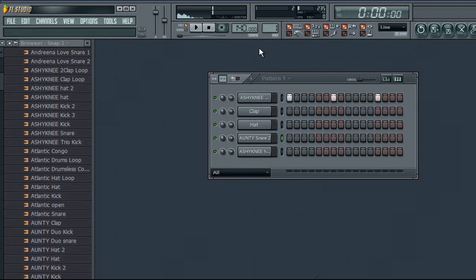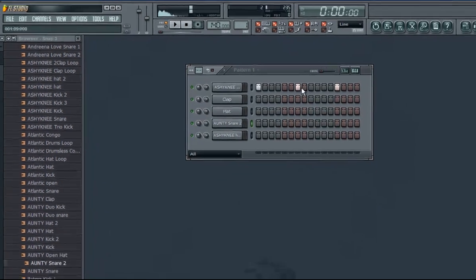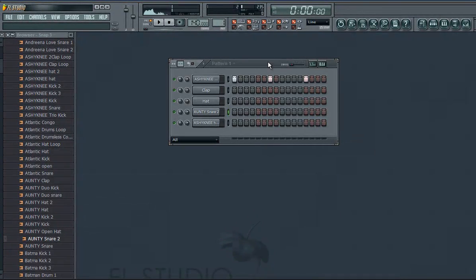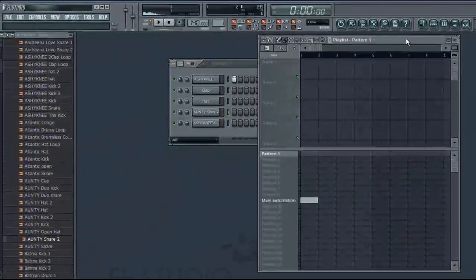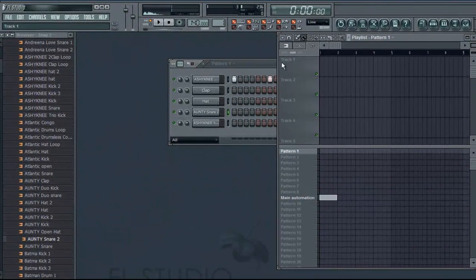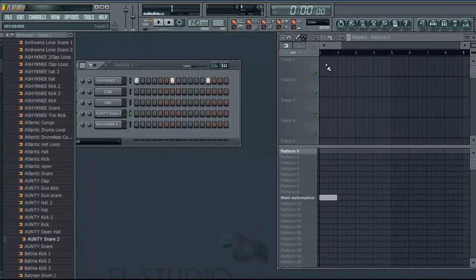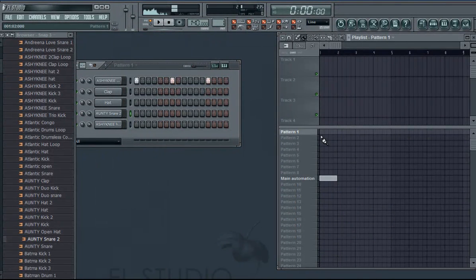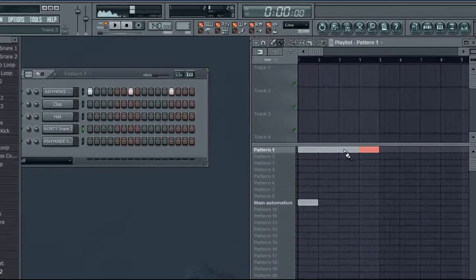Now when you're working with patterns, you can of course layer them, and the way that you're going to look at them is with the playlist. So up on the top right, you're going to click View Playlist, and here you can add patterns, and you can either add them up here or down here as blocks. I prefer to add them as blocks. It's just going to be up to you. So let's say we add our blocks here, and we want to play the patterns from the playlist. What we do is we click Song and we click Play,